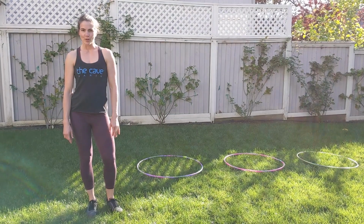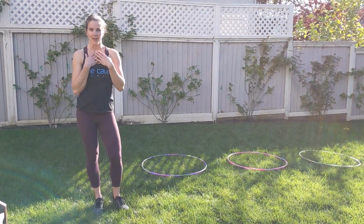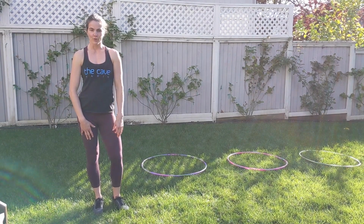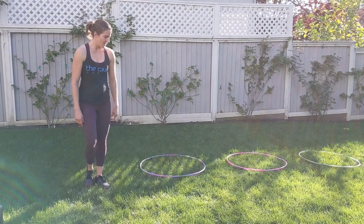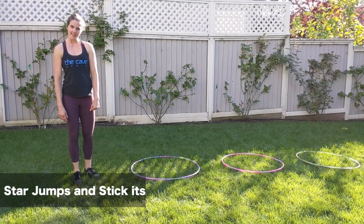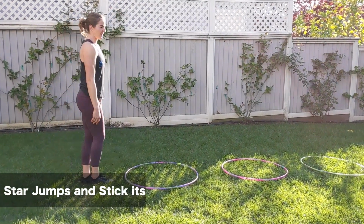Coach Rebecca is going to show you our obstacle course. First it's my turn, and after I take a turn of showing you, then my girls will show you. Here we are going to work on star jumps and stick-its. Remember star jumps? You have arms out and legs out. This is a star jump,